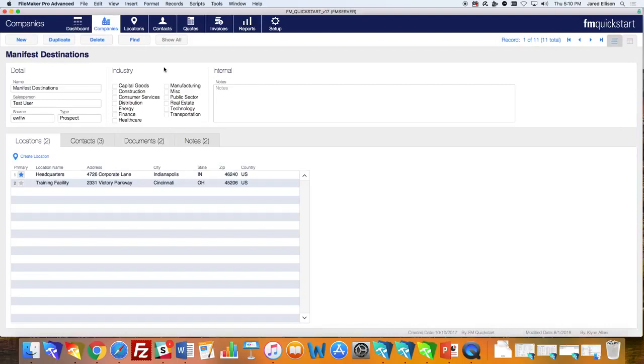So when the companies module comes up for a specific company, you'll see that in the details section you get the name of the company, but also who's assigned to that company. That way you know who's working with that company, and if you ever need updates on what's going on with that company and where you're going, what direction, you know who to go and refer to instead of asking around. And you also have the source and the type of company that they are for you, so the prospect or a customer.